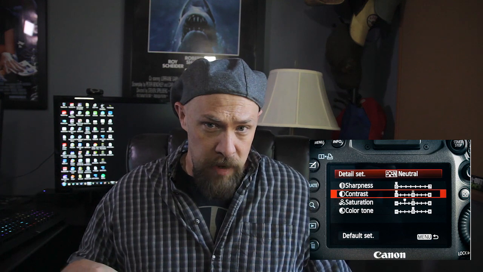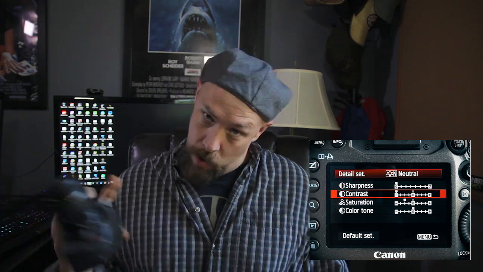Now moving on to contrast, turn that off. Slide it all the way to the left. And I think my lighting is changing. But that's okay, we're still gonna roll here. Okay, cool. What your camera will do is crush the blacks. And no, that's not a racist term. You'll hear a lot of photographers and videographers say, my blacks are crushed. Basically what it means is it's gonna make the darker parts of your image darker until there's no more detail in it. And you don't want the camera doing that.